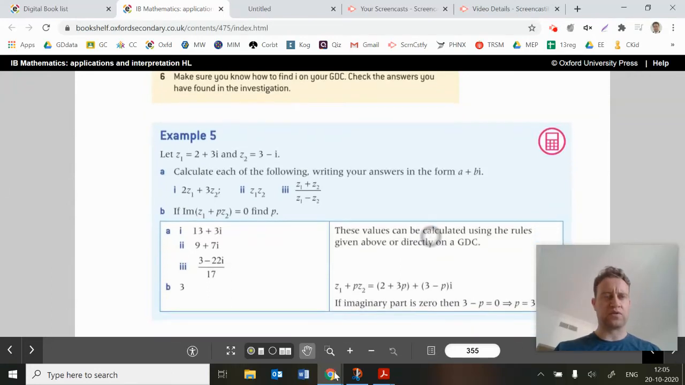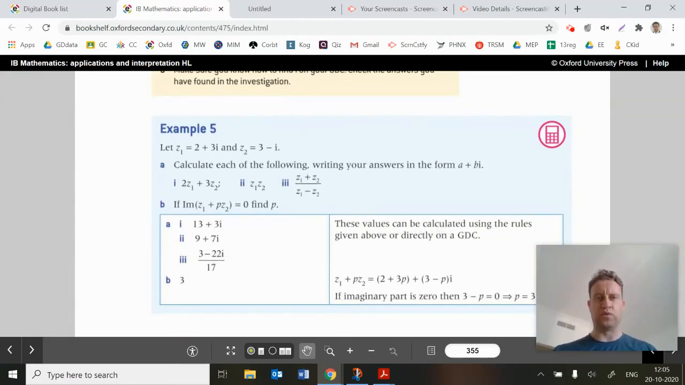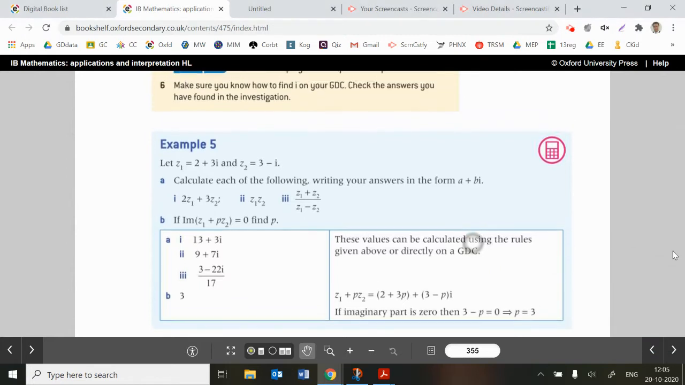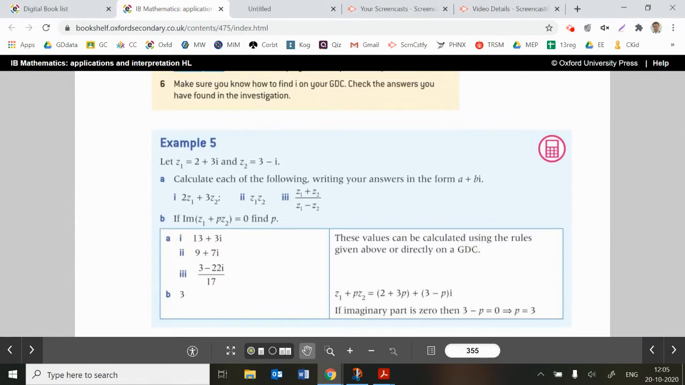Hi there, guys. I'm just going to go through the complex number examples before 8D in the exercise. So we're looking at example 5 and example 6. Now, in example 5, if you click on the calculator, you get